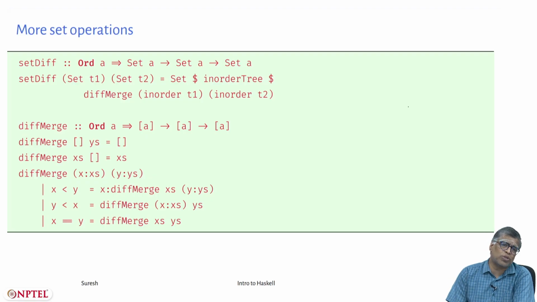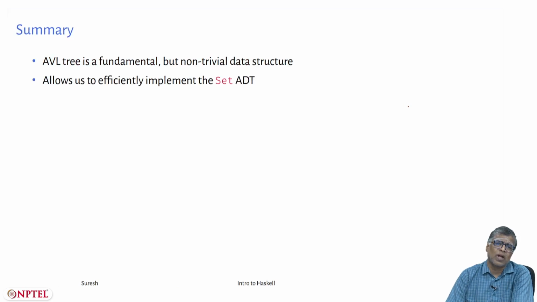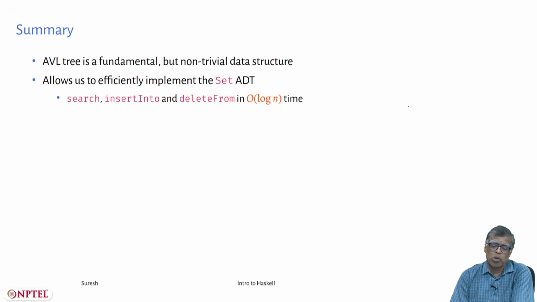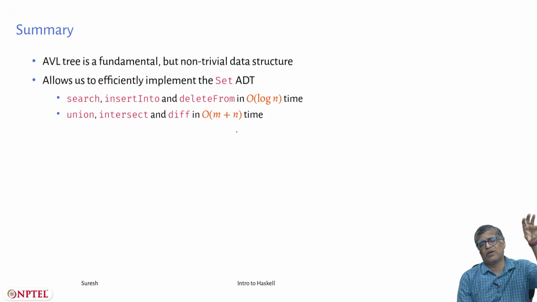So, all I need to do is to show you code and show you how actually AVL tree works. I will do that in a minute. But just to summarize, AVL tree is a fundamental and non-trivial data structure. It allows us to efficiently implement the set ADT. You do search, insert into, delete from in order log n time. You can do union, intersection and difference in order m plus n time,